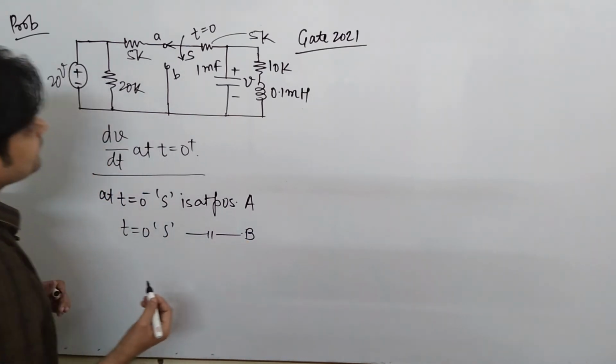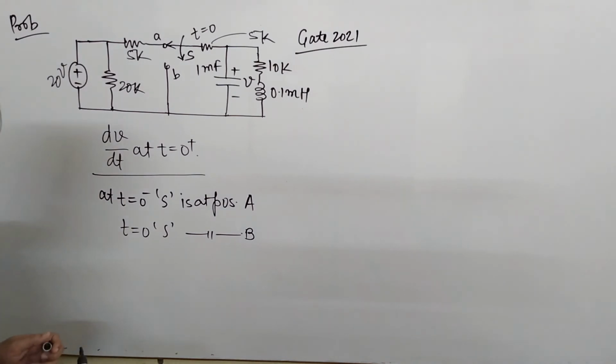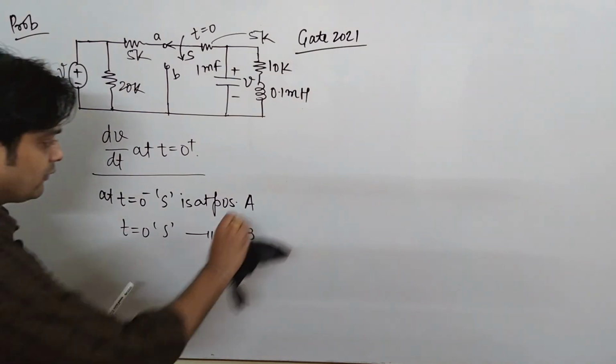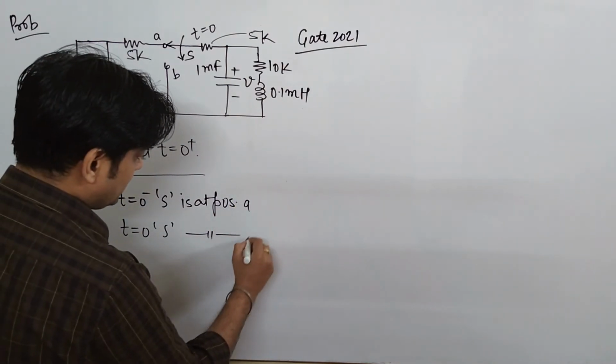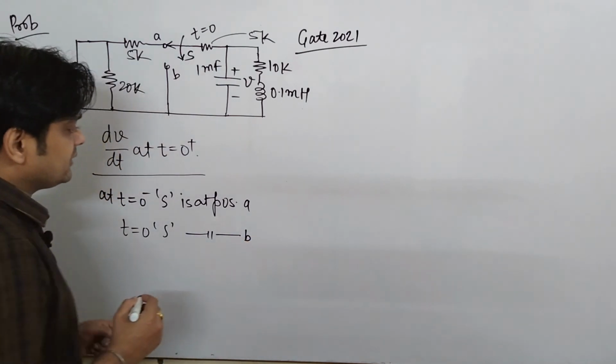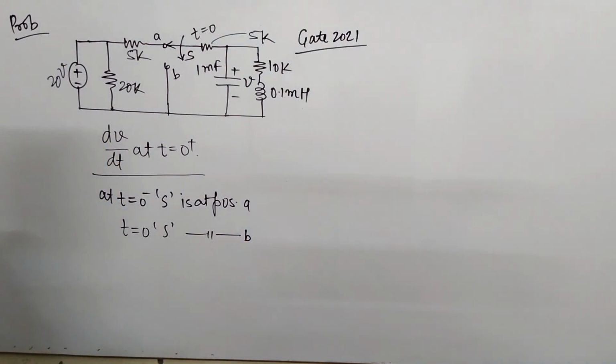Very important, which I have already explained to you earlier. You can call it A and B in this form also. This is A and this is B, since it is mentioned in small letters, lowercase letters.